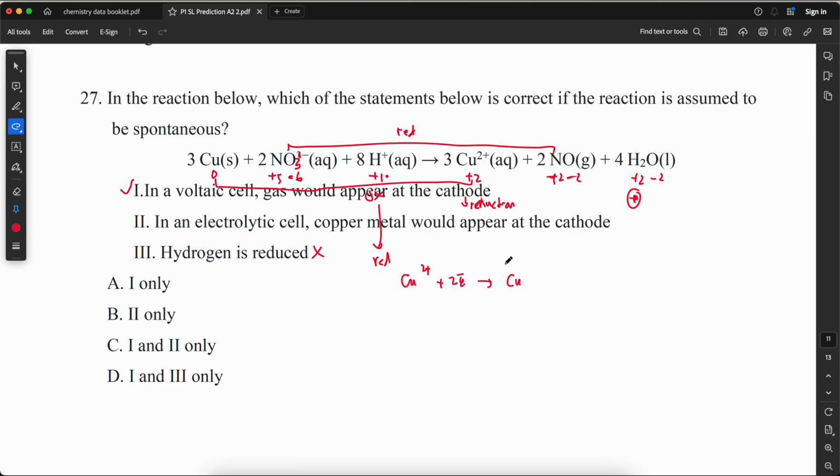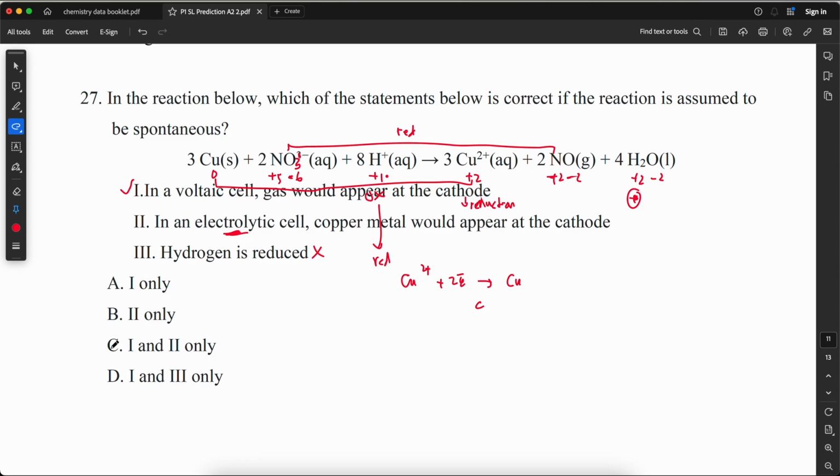So there will be copper metal at the cathode. So the one that before was oxidation in the spontaneous reaction now becomes reduction because now it's non-spontaneous, because it's an electrolytic cell. Therefore, the answer is only